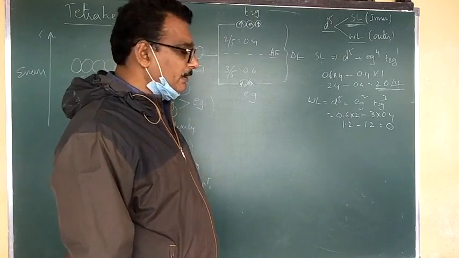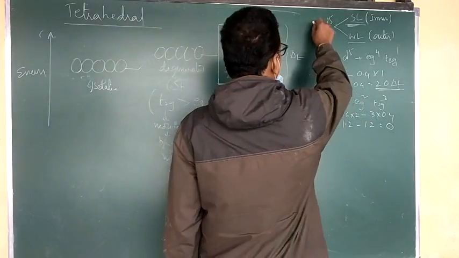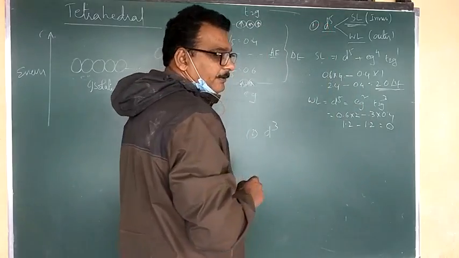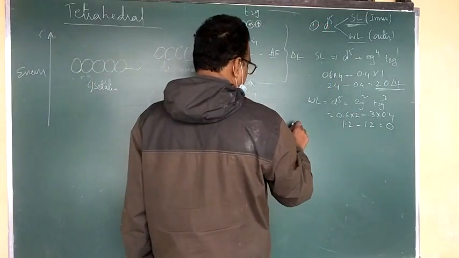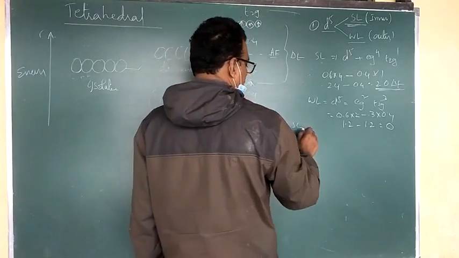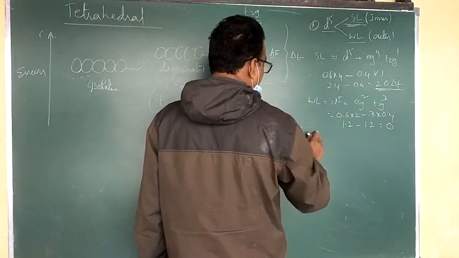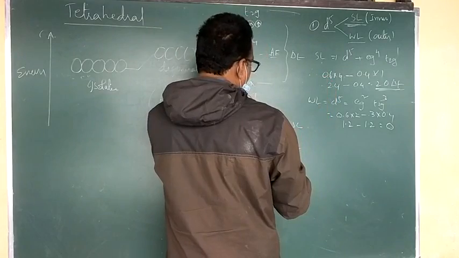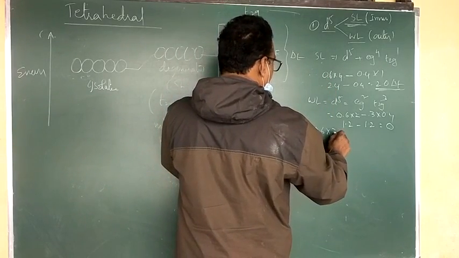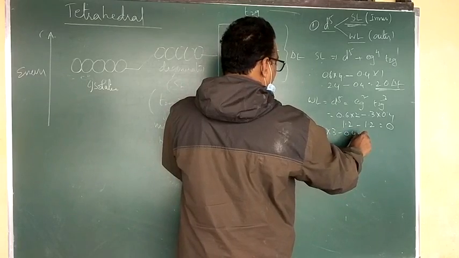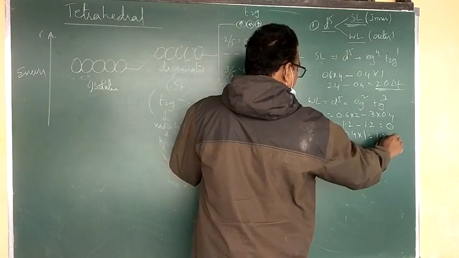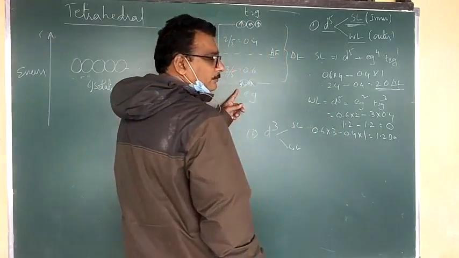Okay, are you understanding that? The same thing, second, I am taking a d3 system. For the d3 system, strong ligand and weak ligand. Strong ligand means all 3 electrons are pairing in Eg, so 0.6 into 3 minus 0, so the answer is 1.8 delta T.